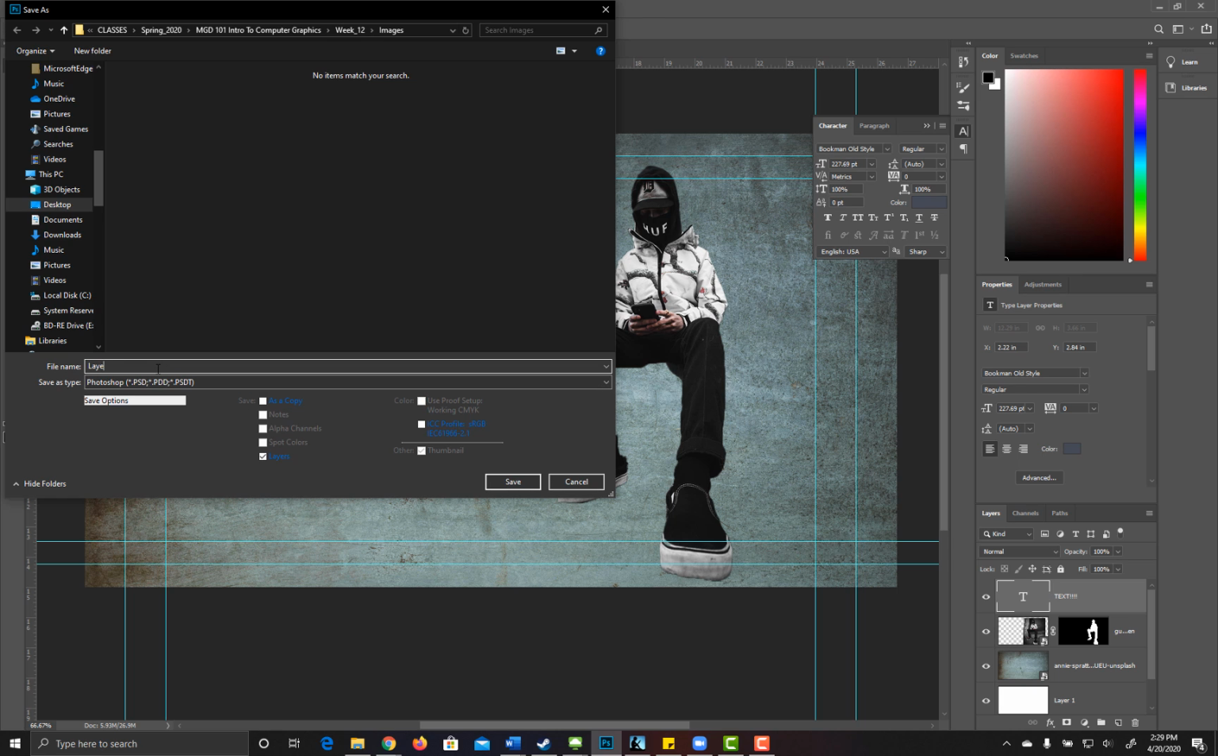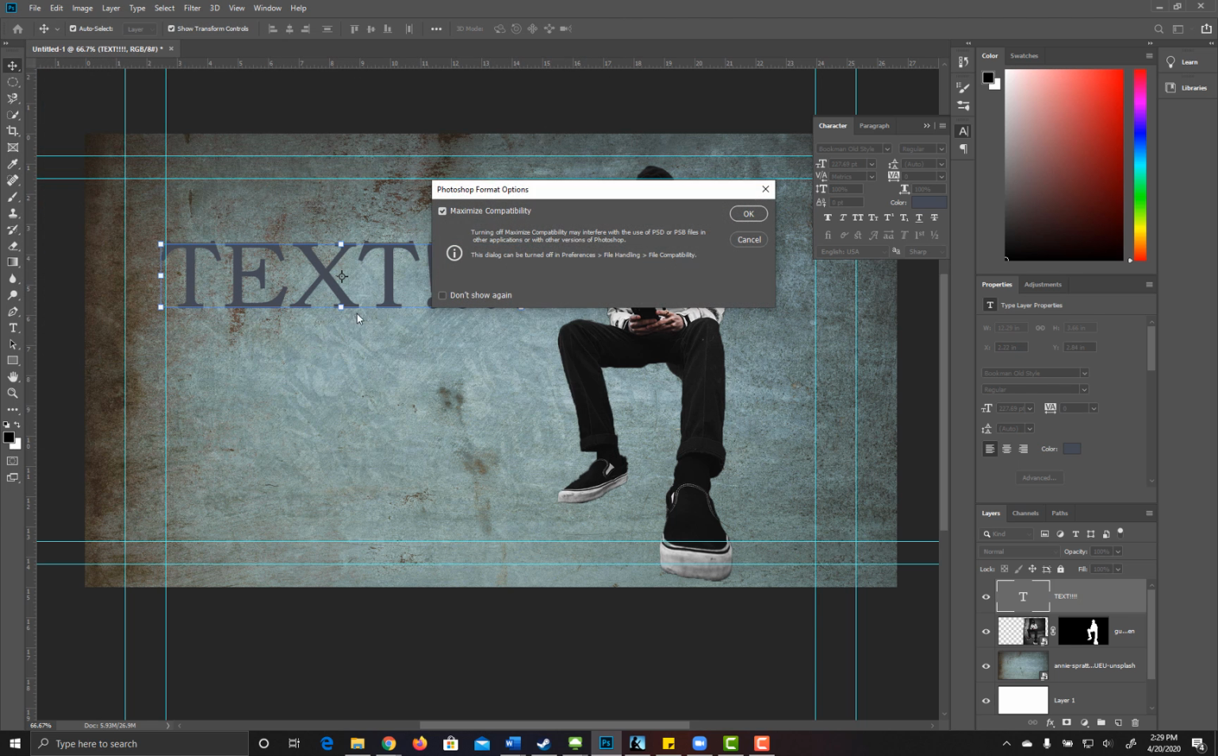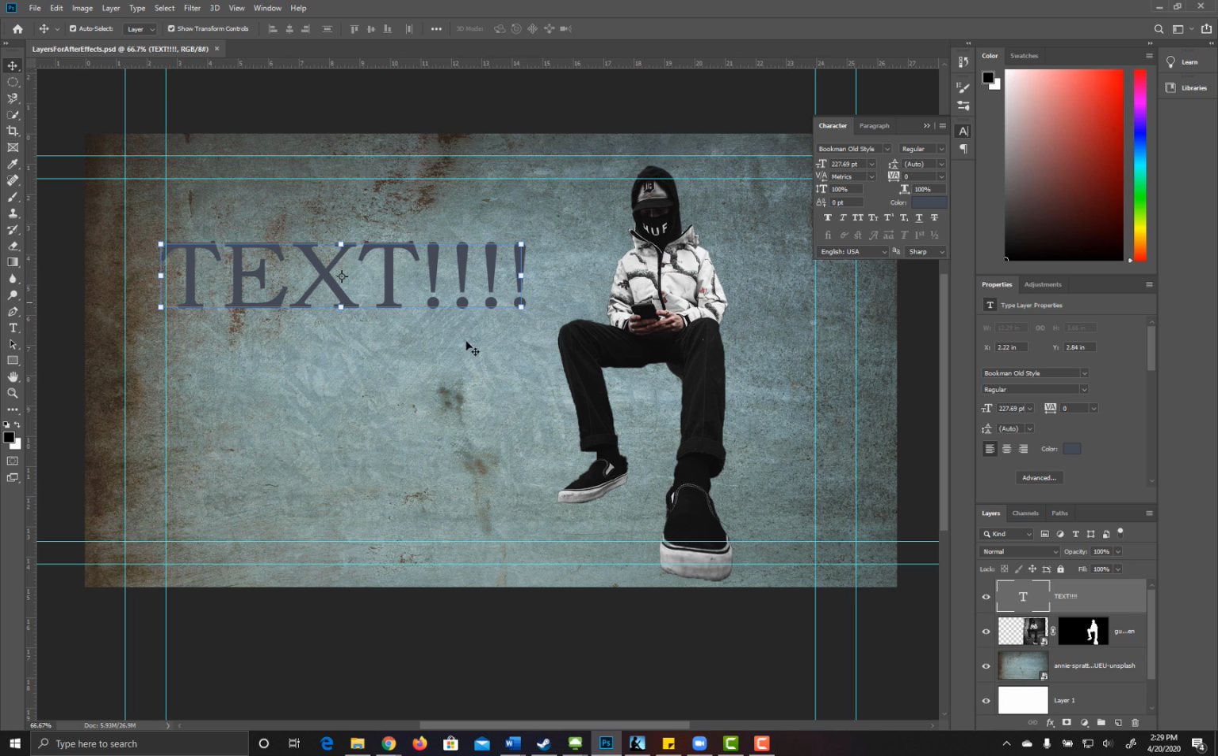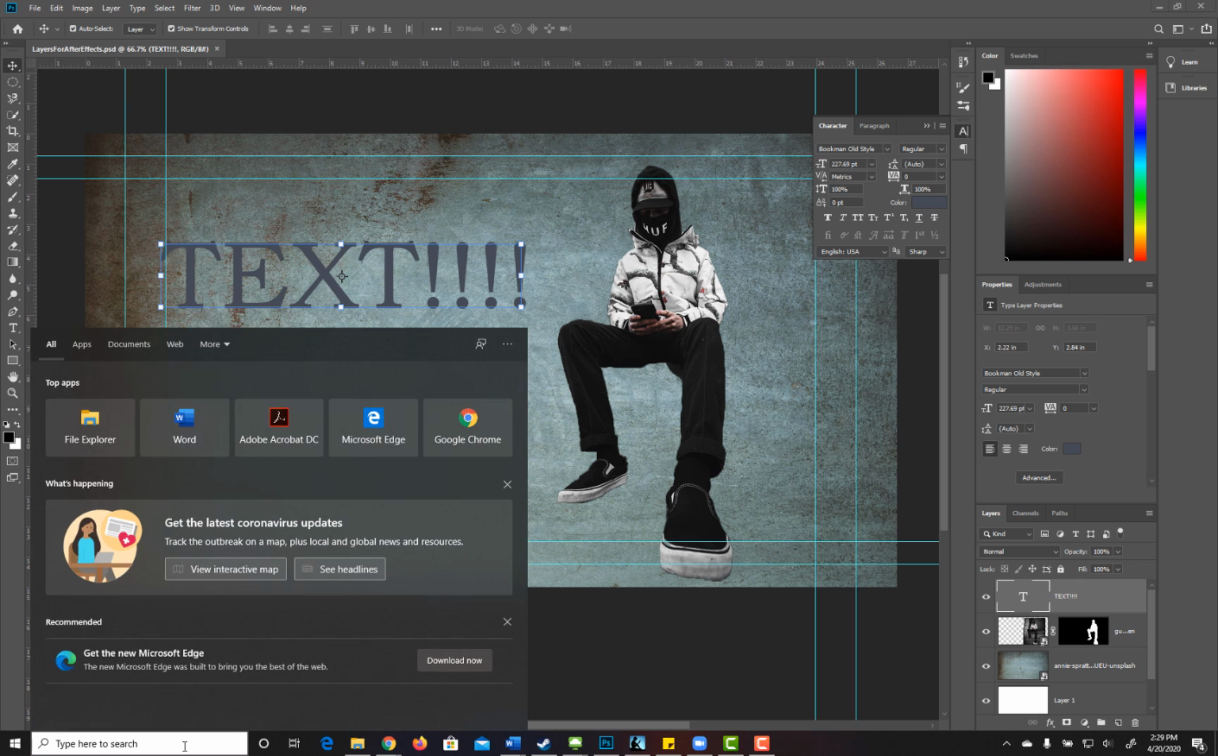We'll just call it Layers for After Effects. That makes more sense. Layers for After Effects. I'm just going to save it as a normal Photoshop file. After Effects is going to recognize this, so this is great. Okay, I'm going to hit OK. All right, so that is saved, and I need to open Adobe After Effects